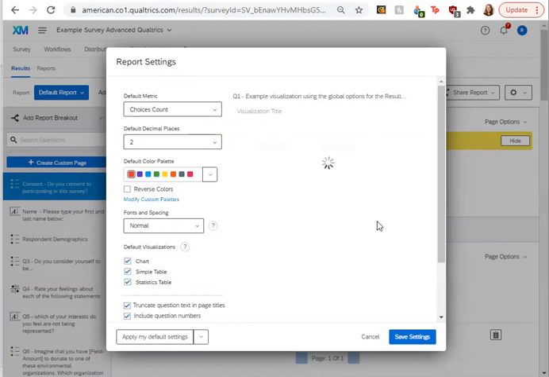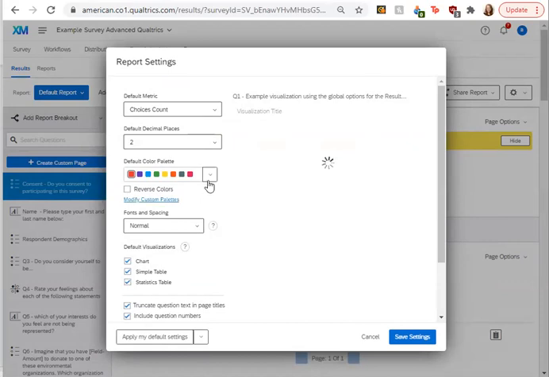But while that's loading, the report settings just help you control different aspects of your report. You can choose a default metric, the number of decimal places, and the color palette that you want used in all of your visuals to keep it consistent.